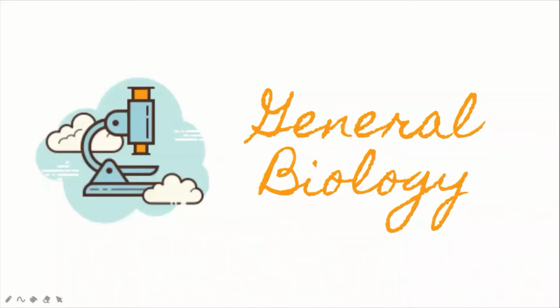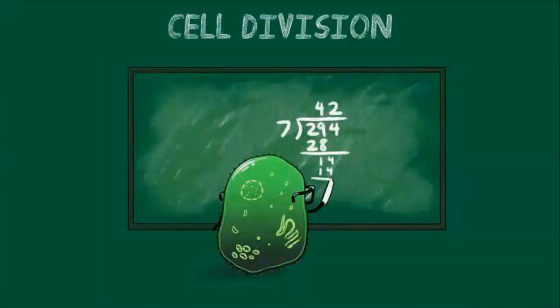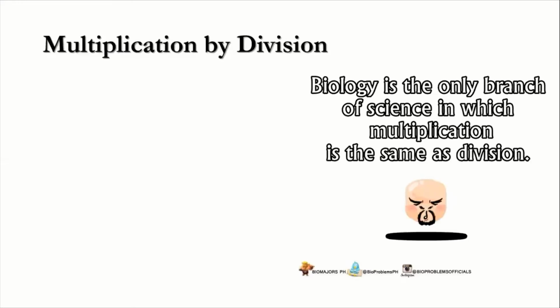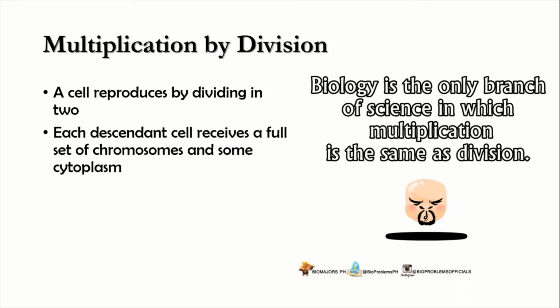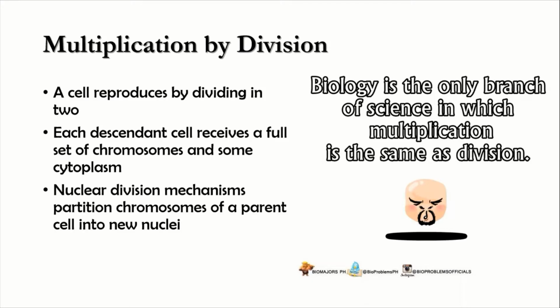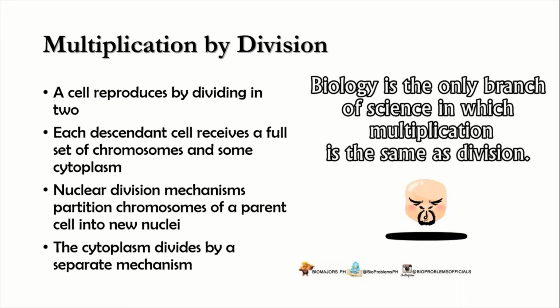In this video of general biology, we would be discussing cell division. Biology is the only branch of science in which multiplication is the same as division. When we talk about multiplication, we are talking about cell reproduction. Cell reproduction occurs when a cell reproduces by dividing into two. Each descendant cell actually receives a full set of chromosomes and new nuclei, and the cytoplasm divides by